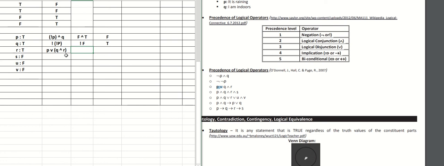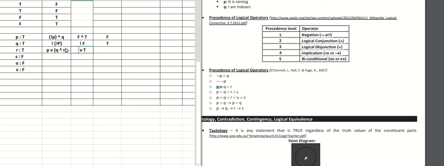Now we get the truth value of Q and R. The value of Q is true. The value of R is true. True or true is equal to true. Therefore, the value of Q and R is true. So we put true, and then we copy the OR operator